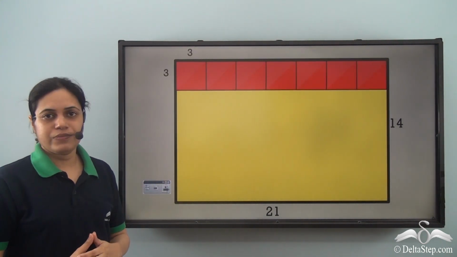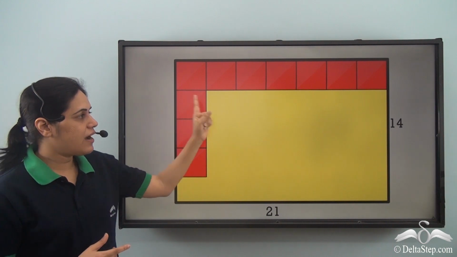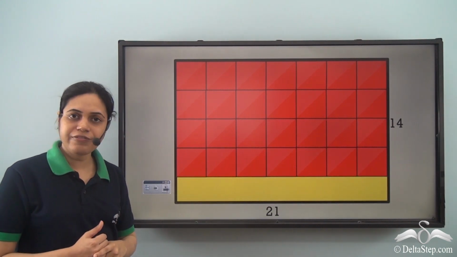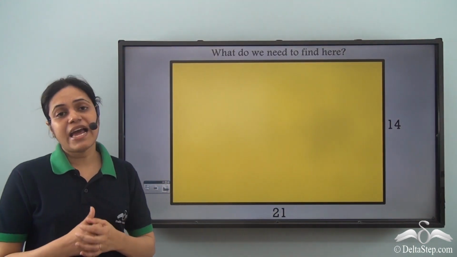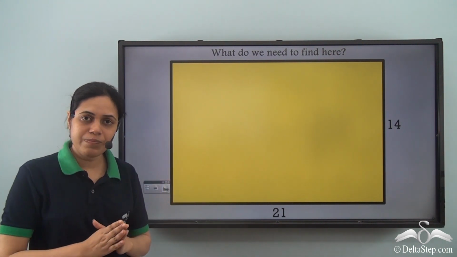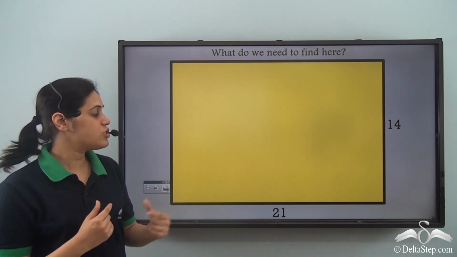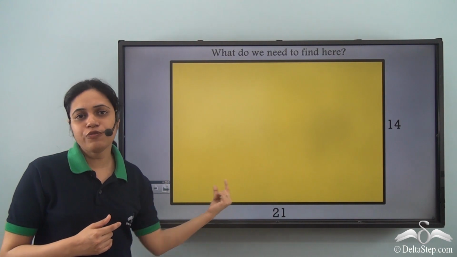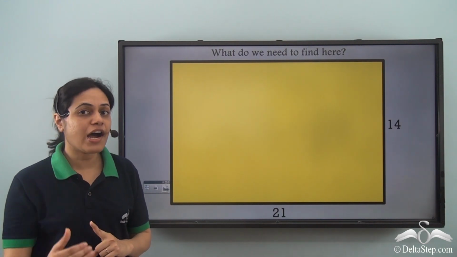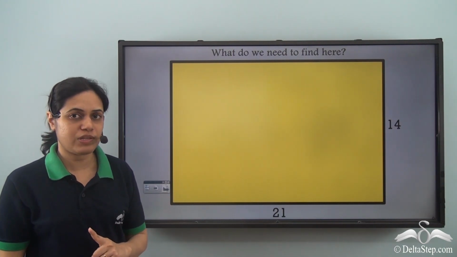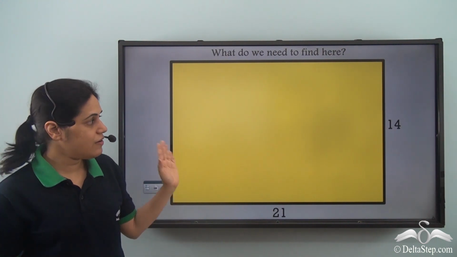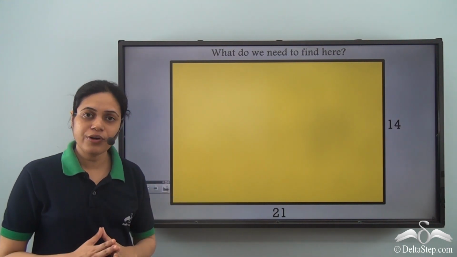So I go for 3. Tiles of side 3 cover it along the length, but they do not cover it along the breadth. This part is left. So what exactly do we need to find here? I want the square tiles which exactly fill this up. Now you may say it is 1 meter, because 1 meter was exactly able to fill up this entire floor. But I also want the square tiles of the biggest possible size. So I need to find whether there is something greater than 1 which will cover the entire floor.